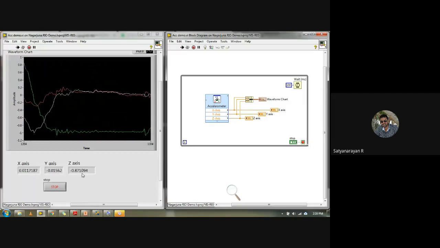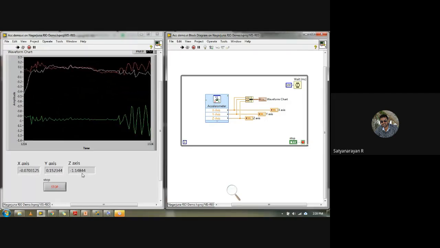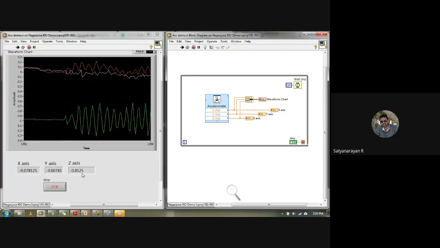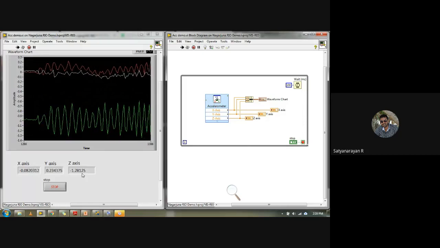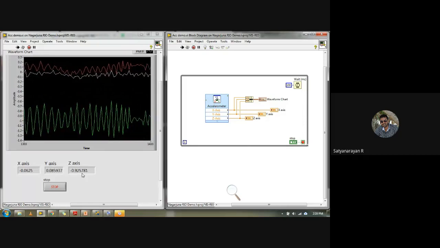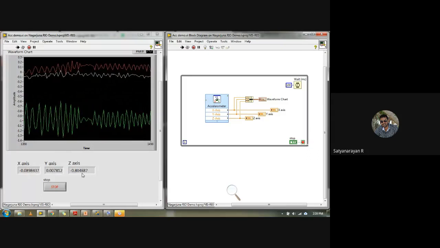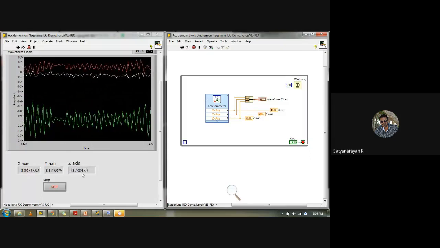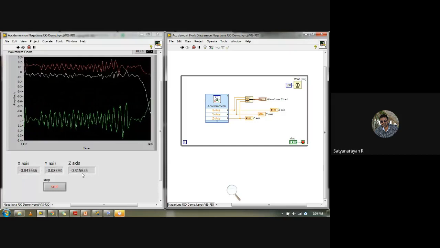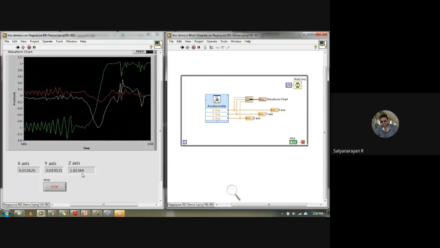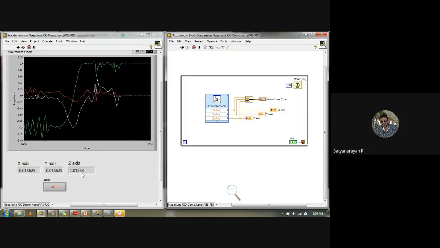From -1, I'm trying to generate the values. Why? Because I flipped, and now I'm giving the distortion from -1 from the bottom. So now it's around -1, -1.2, or maximum 1.3 will be the peak. Again, slowly, if I tilt and keep it as it is, now we can just see the variations.